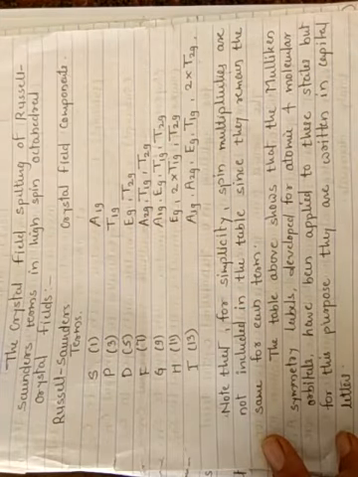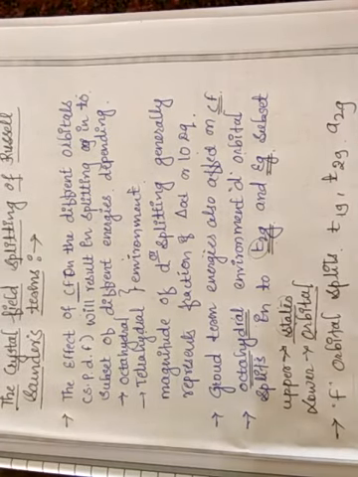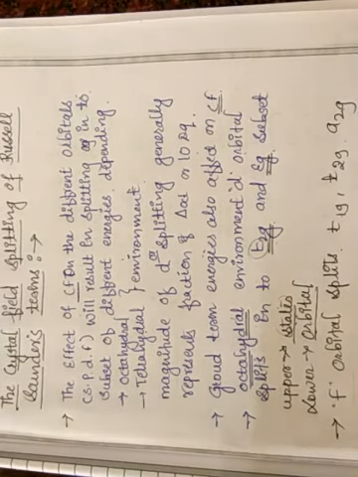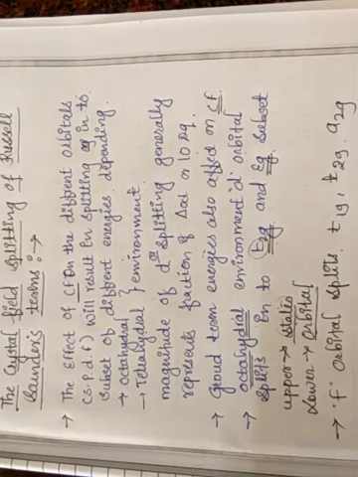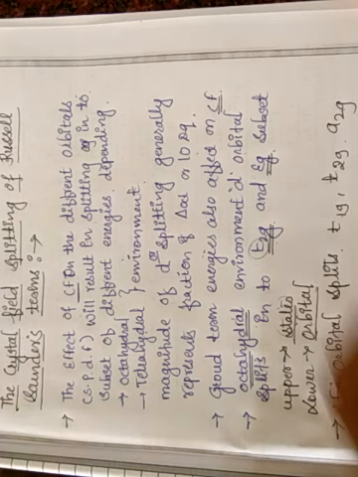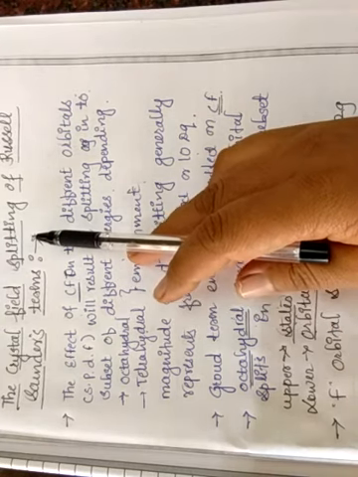This is what we have studied today: the crystal field splitting of Russell-Saunders terms. What we have learned today started from Hund's rule and the filling of boxes arrangement. After that we saw terms for d3, and again the quantum number states, n factorial over r factorial times n minus r factorial. Next we saw the derivation of term symbols for the d2 configuration, and after that the crystal field splitting of Russell-Saunders terms.